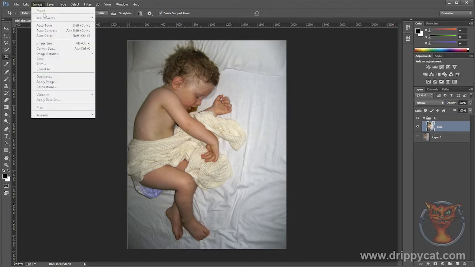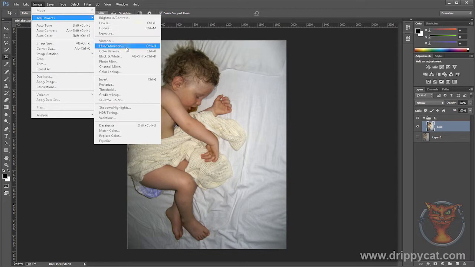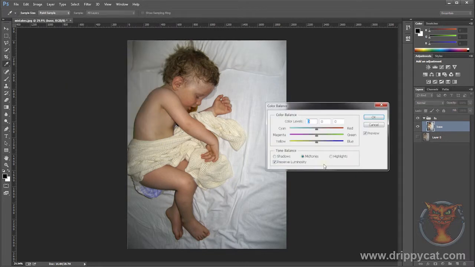So back to Image, Adjustments, come to Colour Balance. Now I did say that there's a green cast here, and there is a green cast. So I'm on the midtones now. I'm going to take some of it out, but I'm going to go subtle with this. I'm also going to take a look at the shadows. I didn't adjust the shadows last time, and I'm going to go for